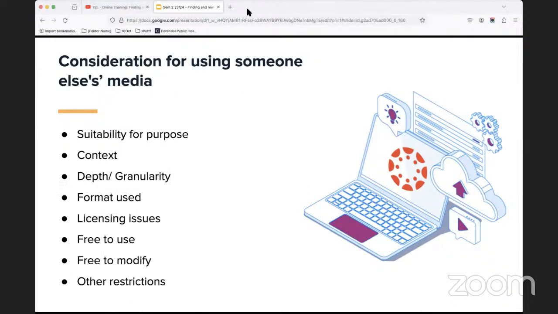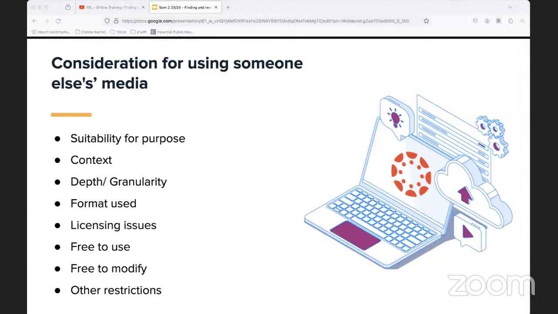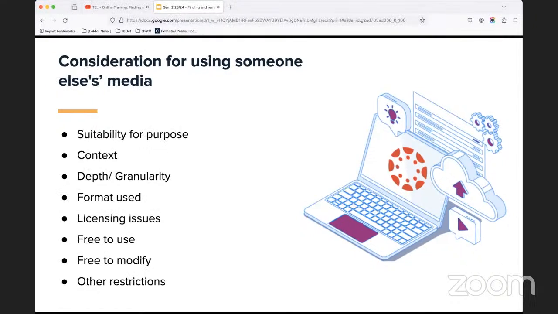Again, the same considerations arise when using somebody else's OERs. Just because the OER is made available, as I said, with that explicit notion of being freely available for people to use for their own teaching and learning purposes, that's not to say that there aren't considerations around how to use it ethically.